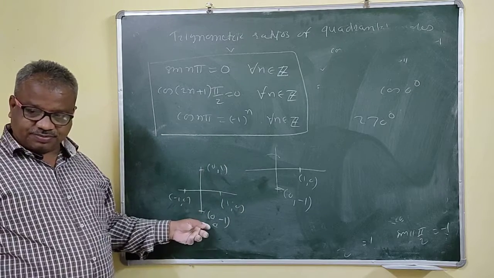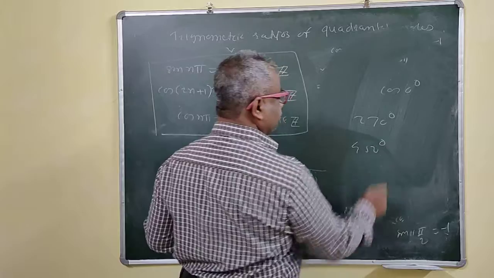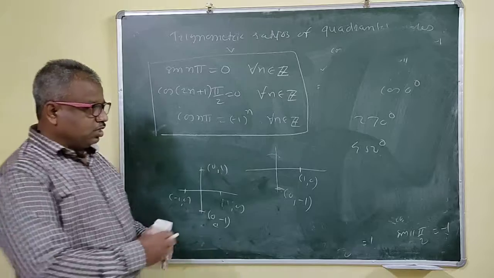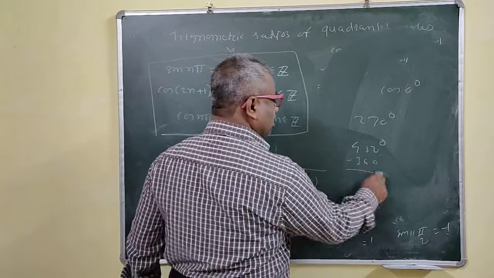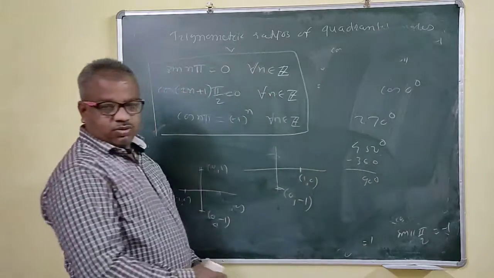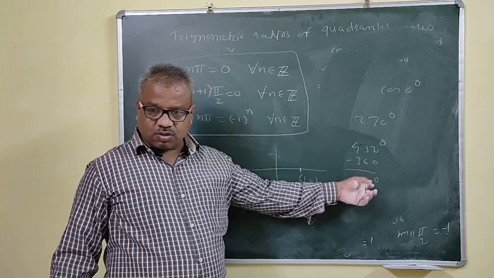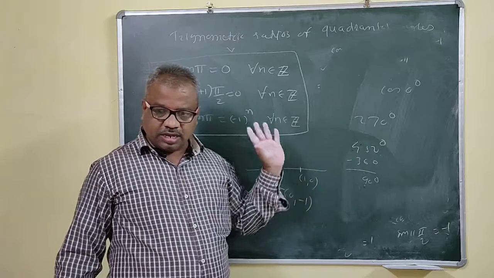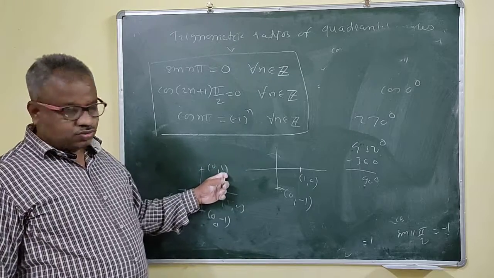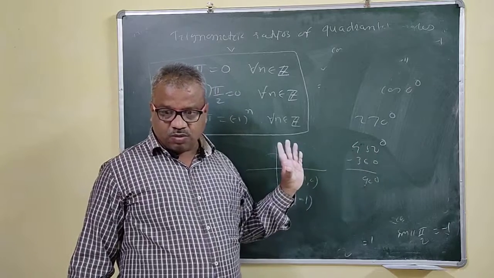90, 90, 90, 90 here. Suppose this is 360 degree and 450 degree. This is 360 plus 90. So just subtract 360 degree, or divide and find the remainder. This is then 90 degree. The 450 degree and 90 degree are coterminal angles, and if angles are coterminal, then their trigonometric ratios are the same. So your point is (0, 1), so cos 450 degree will be 0, and sine will be 1.